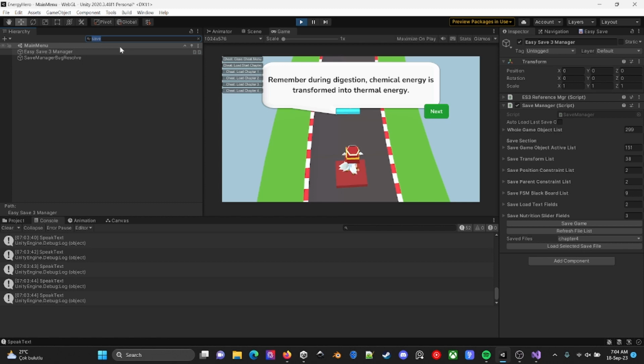However, I cannot just remove those slots inside of these lists, because it goes in a loop and finds and enables the game objects in order.